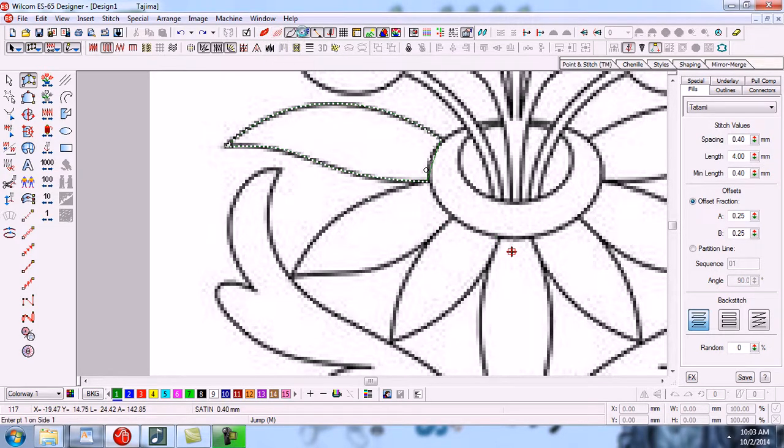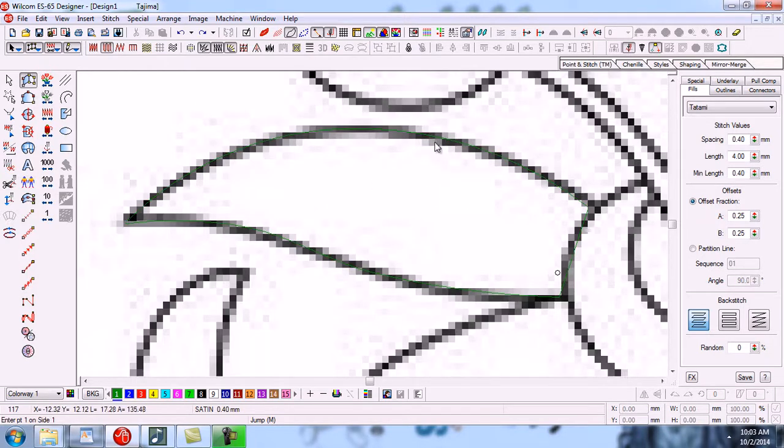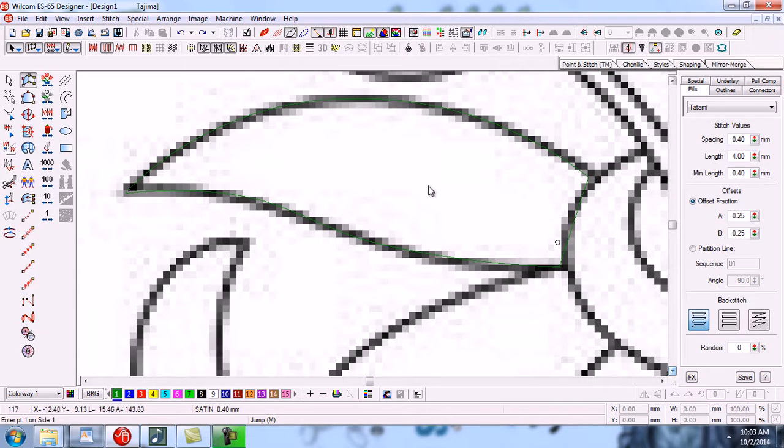Now you can see that here is only the outline. So you can make your object by turning off true view, show stitches and needle points. If you want to make your object by showing only outlines, you can do that.